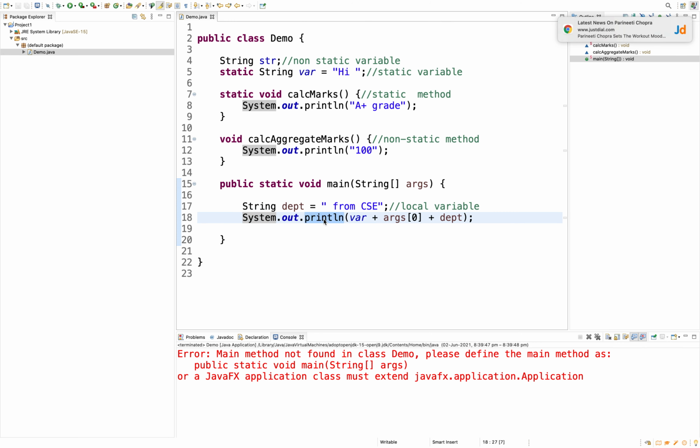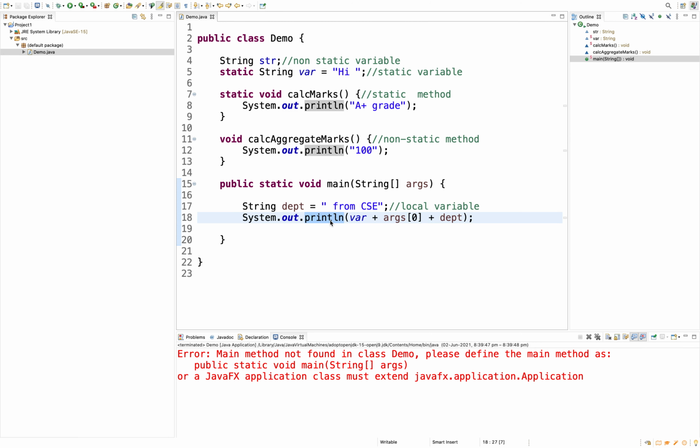This println or print method is a method in the PrintStream class.